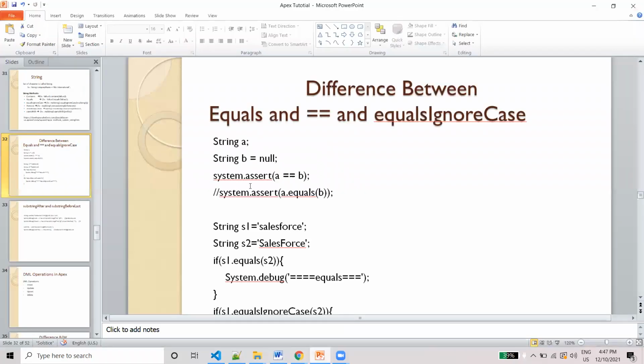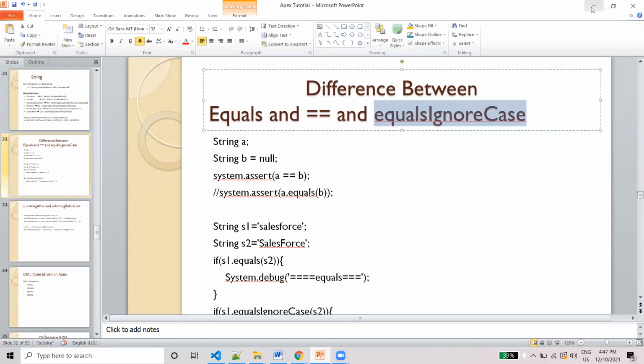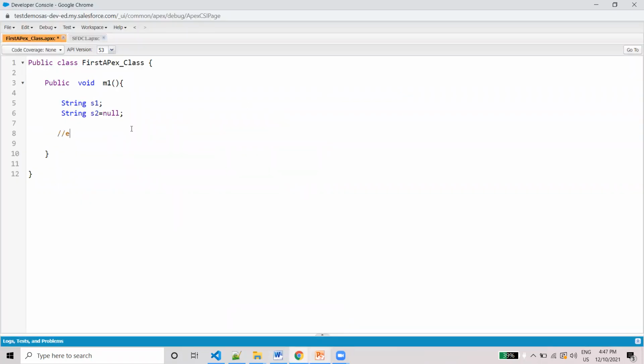The next topic is equals and equals ignore case.